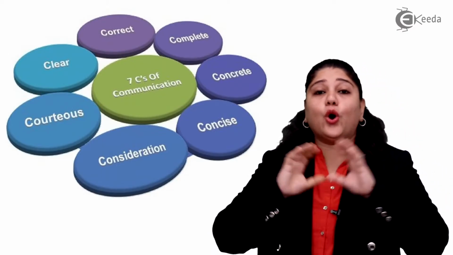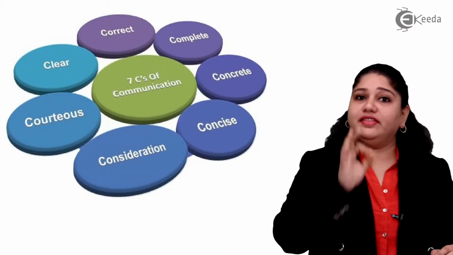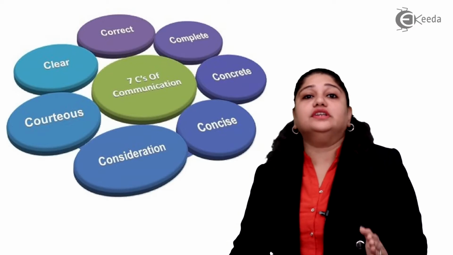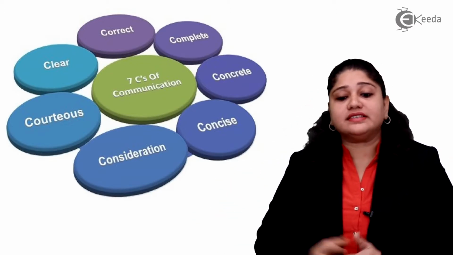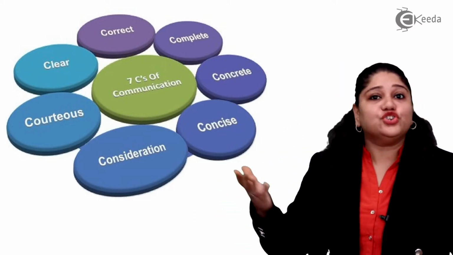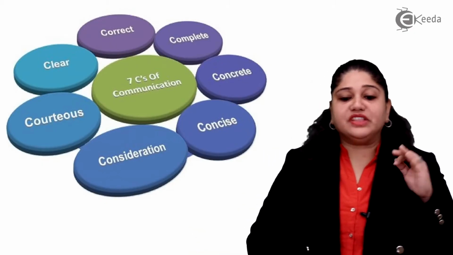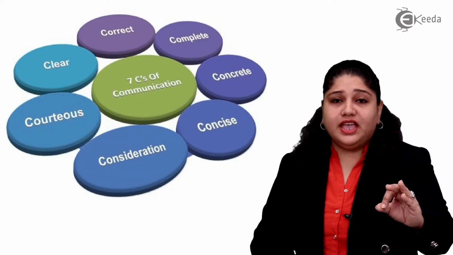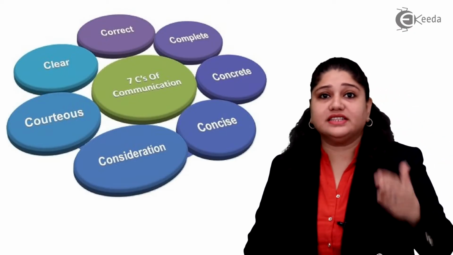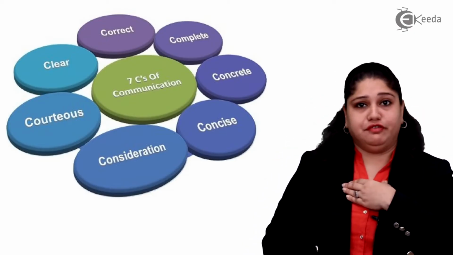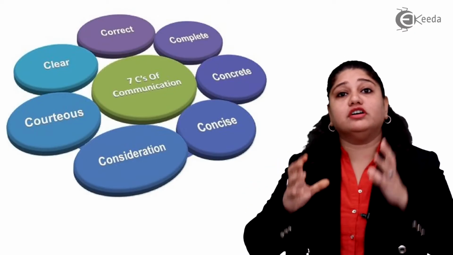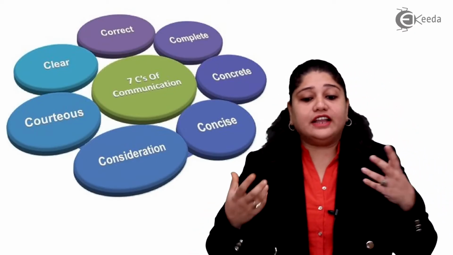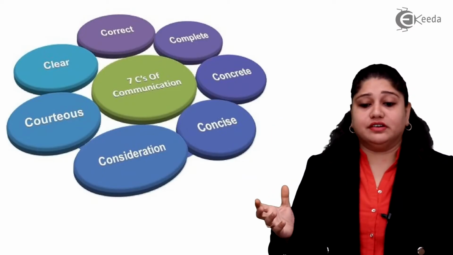It should convey all facts which are required by the audience. Again, this is completely focused on audience requirement. If the facts are not conveyed, then your message is half anyway. The sender of the message must take the receiver into consideration. It's not about me giving you something, it's about your needs that I have to fulfill, which is very important for a sender to understand: what a receiver exactly wants, and the sender should communicate all the facts and figures related